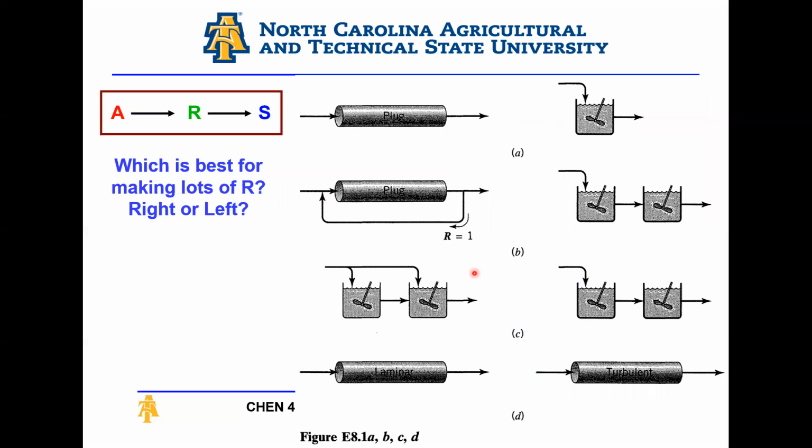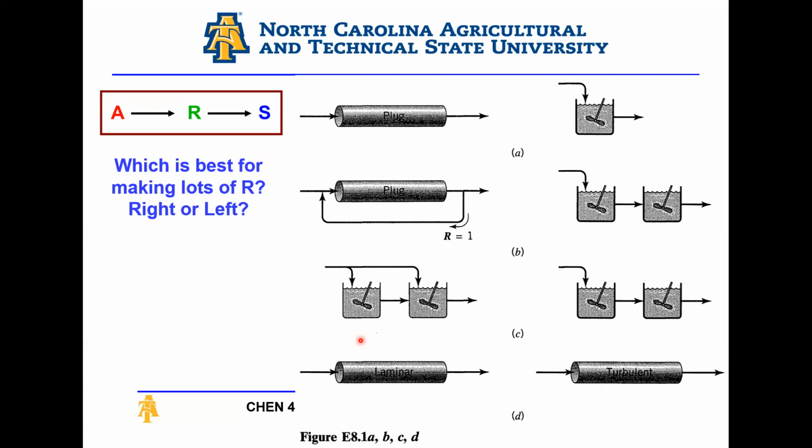Okay. So let's have a look at some examples here. I have a reaction, A going to R going to S, and I have 4 problems, right? Where I want to compare which reactor, the one on the right or the one on the left, is better for making lots of R, or maximizing the production of R. I have 4 scenarios here for comparison, and we're gonna take a look at them one by one. And again, the governing principle is I want to minimize mixing of fluids of different compositions